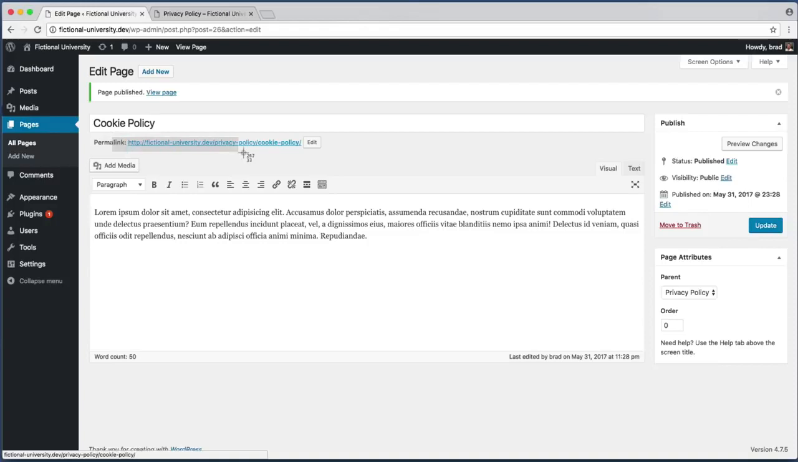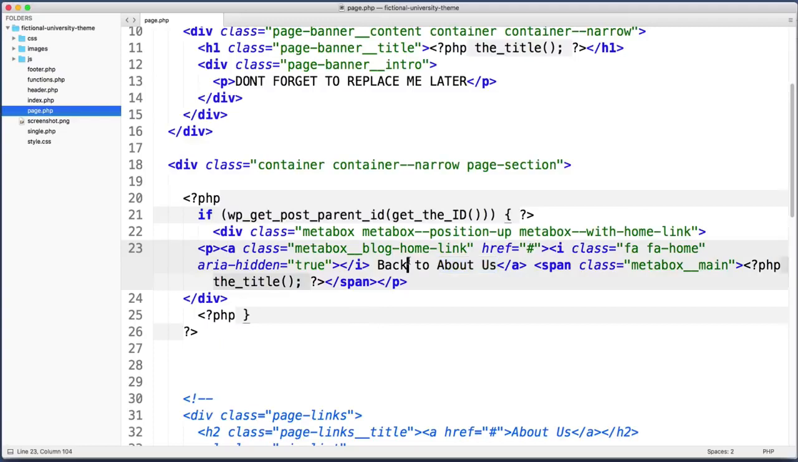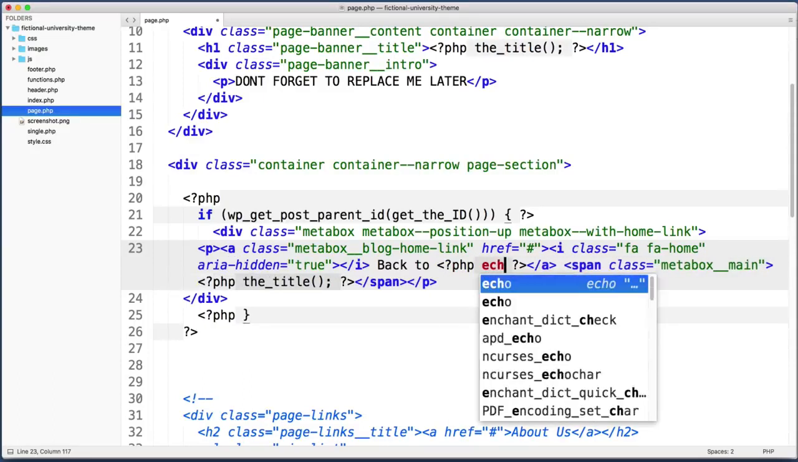And now if I use this permalink here to view that new page, cool, so there's the title, Cookie Policy, but this back to About Us link doesn't make any sense. Instead, it should say back to Privacy Policy. So right now, let's write a bit of PHP code to make this dynamic. So let's delete this hard-coded About Us, and instead let's drop into PHP, and let's echo out the results of